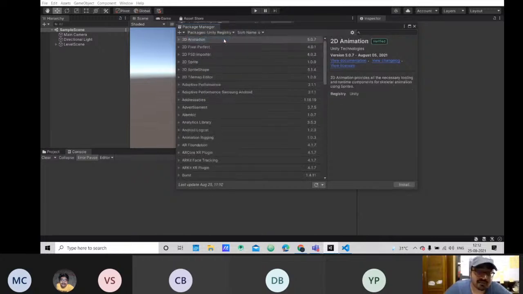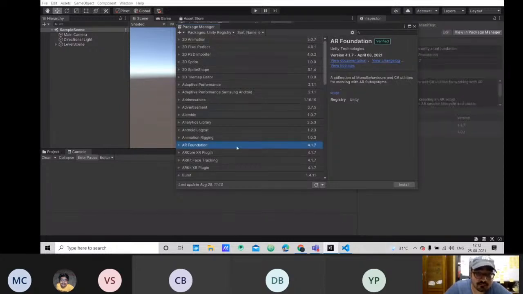And choose Unity Registry. After you've done that, you'll see a lot of things out here. It might take a while for you to get the data from the servers, or it might already be there, depends on if you have used Unity before or not. Mine, I have used multiple times, which is why it's already there. I want you to go down and select AR Foundation